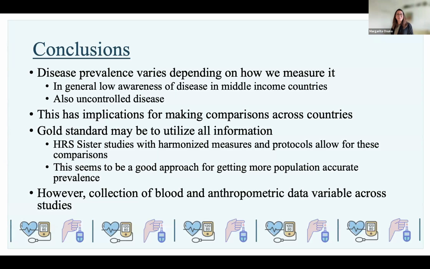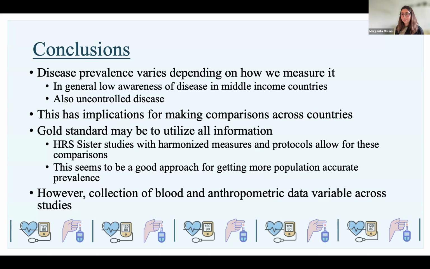Okay. For the conclusions we want to make here, when we're thinking about how these diseases are captured and how cross-national comparisons happen, we need to take into account that how this information is received can vary. But not only that, one of the big discussions we had in our lab when I was presenting this work was, did the collection of the blood vary? What variations could that mean for the results? And also, how was the anthropometric measure? So we were discussing the number of measures that Colombia took versus Mexico,